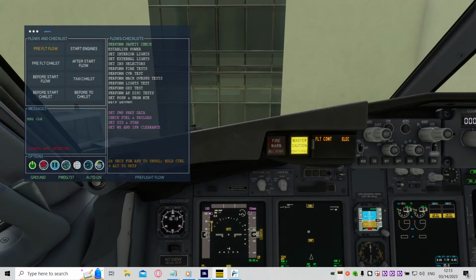We don't know why he does the APU as well. We got it set for ground power, but he still spools up the APU. I don't know if that might be a bug. I mean, I don't know, but